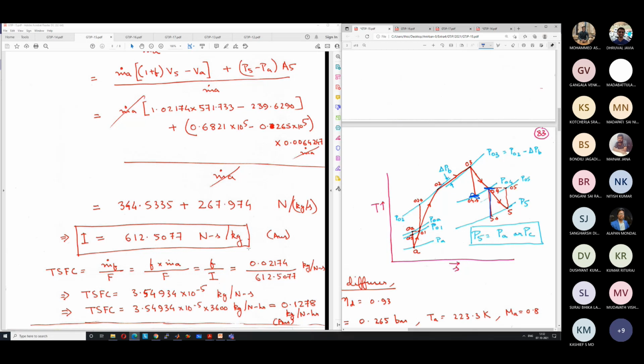Okay. So this is the problem. This is also known as design point calculation, because you are doing the calculation for a particular design point. Similar calculations can be done for other design points by varying one parameter at a time. You will keep all the other parameters the same, but just change the pressure ratio from 8 to 9. Then what will happen? From 9 to 10, then what will happen? From 10 to 11, then what will happen? For each design point, we can do calculations and then plot them together to find the characteristics of the jet engine. These variations are known as characteristics.